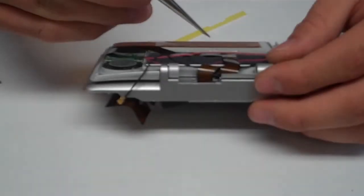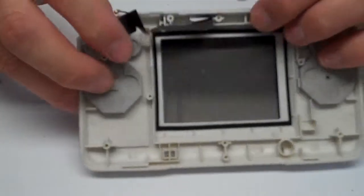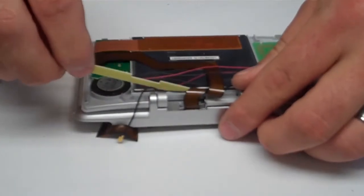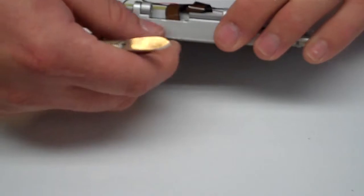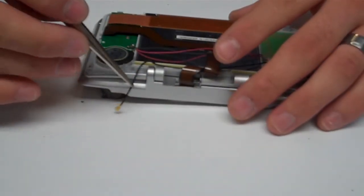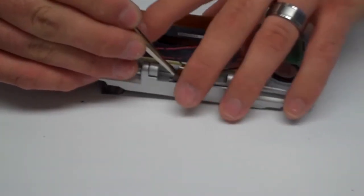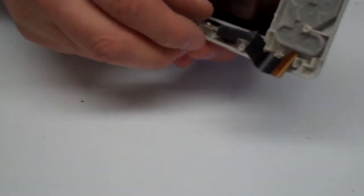Sometimes the cable actually turns around, so when it goes through, it kind of looks like it's going through in the opposite direction. Let's go ahead and make sure we have our spacer back in place, and feed your antenna wire back through the unit to the underside, and we'll get everything